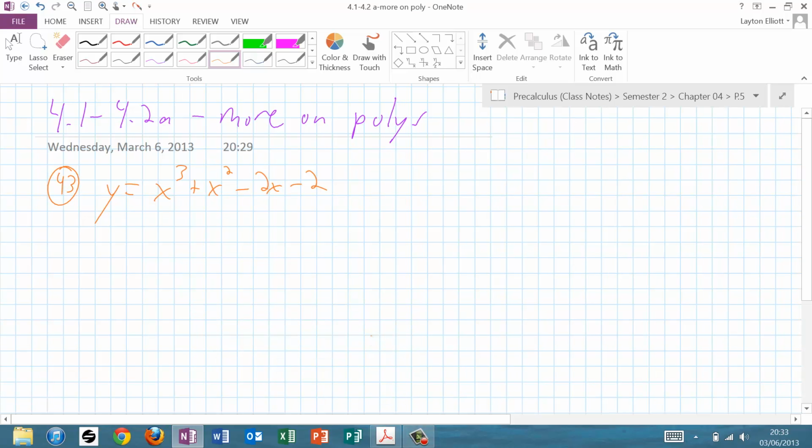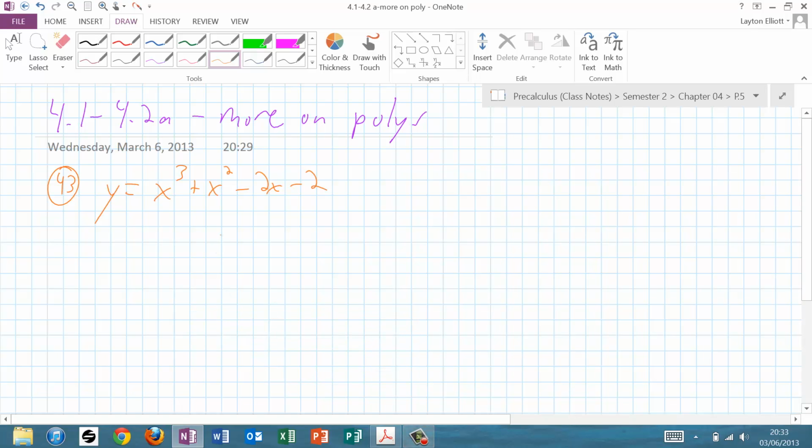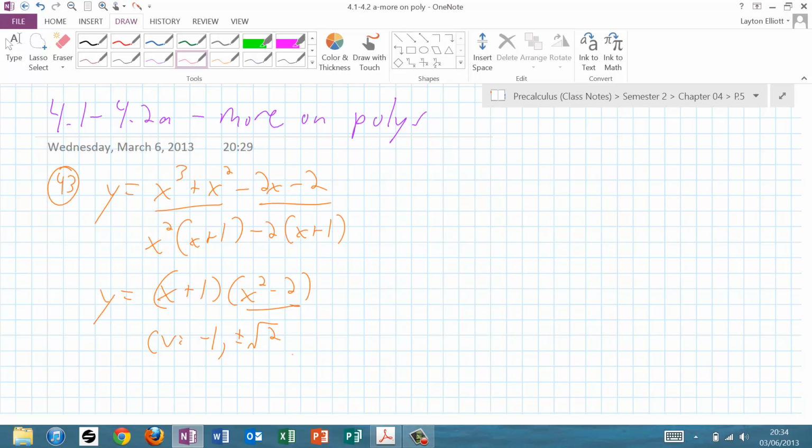The question asks to use a sign analysis and your knowledge of end behavior to state a probable graph. So if I factor this, I know that I can group this and I can group this together. First I can pull out an x squared and get an x plus 1, and I can pull out a negative 2 and get an x plus 1. So I get y is equal to x plus 1 times x squared minus 2. This tells me that my critical values are negative 1, and this would actually give me plus or minus the square root of 2. So, given that, I can state a sign test,